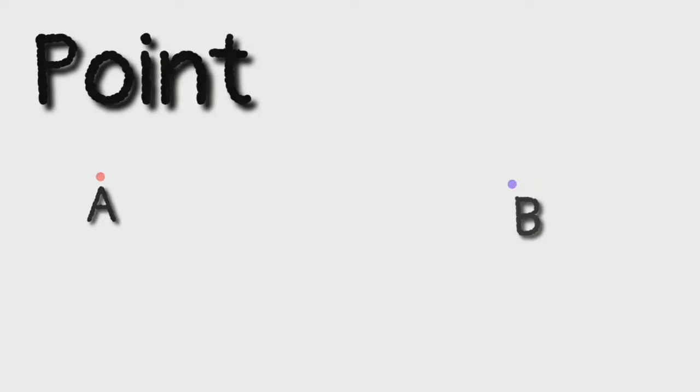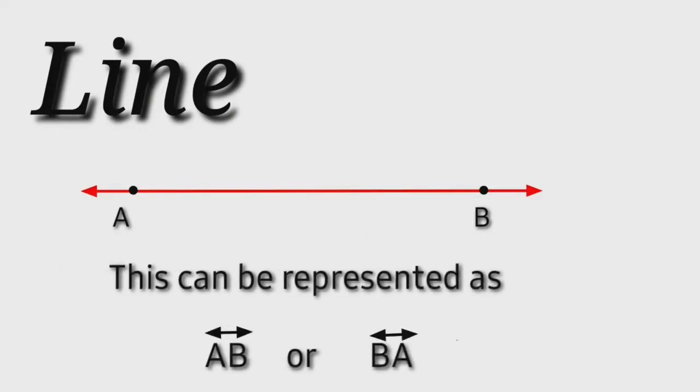Collection of so many points we are calling as line. Since the points are infinitely many on a plane, line is not ending. So we are saying line has no end points. By choosing any 2 points on a line, we can name the line as line AB or line BA, as in the figure.